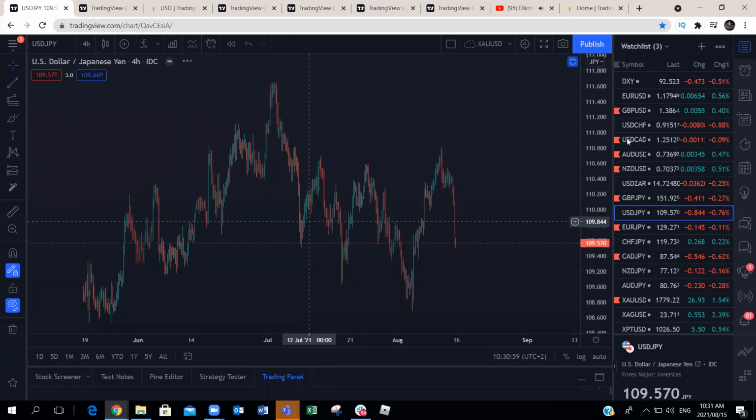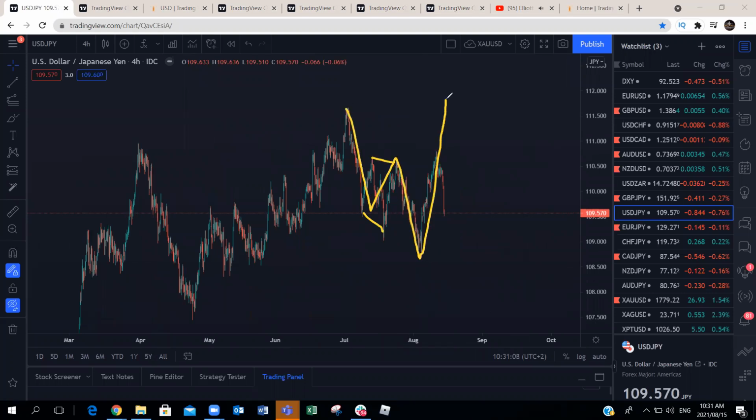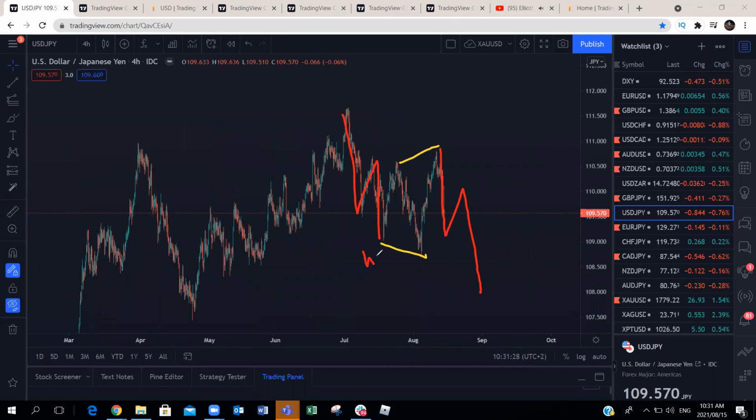US dollar yen. Now, US dollar yen structure changed slightly. We were looking for this to be all the three waves. This is what we looked for last week. We were looking for this to have been all the three waves and for this to continue to the upside. But as you can see, this is actually making a double correction. This is actually making a bigger corrective structure. So that means we've had 1, 2, 3 to the downside. 1, 2, 3. This is 1, 2, 3, and we're looking for this to make another three waves to the downside. So a pullback at current levels and a continuation to the downside will give us a WXY corrective structure